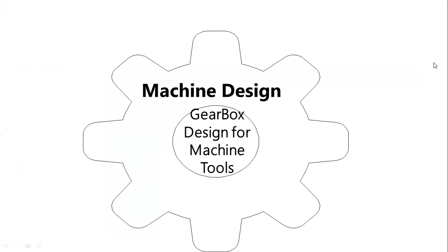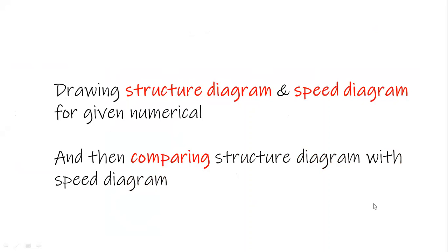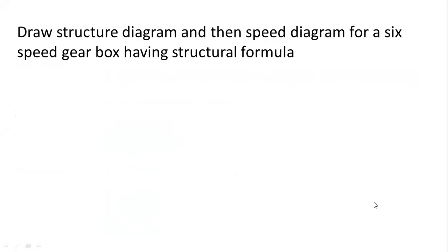A numerical on gearbox design. So, gearbox design for machine tools, right? In this numerical, we have to draw the structure diagram and speed diagram for the given data, and on the basis of that, we are going to compare the structure diagram and speed diagram. The numerical says: first draw the structure diagram and then the speed diagram for a 6-speed gearbox having the structural formula